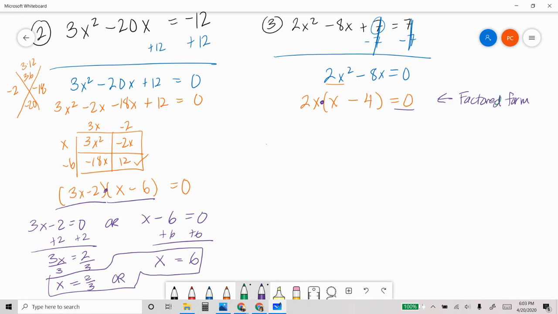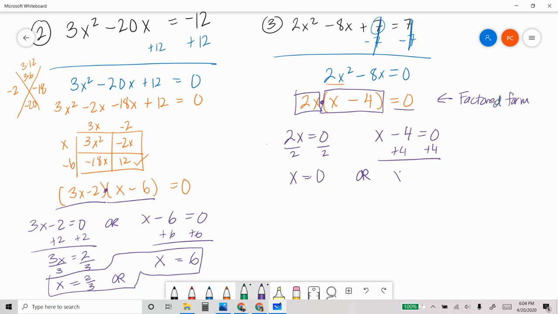So I can use the zero product property. My two factors are 2x and x minus 4. So in order for this equation to be true, either 2x has to equal 0 or x minus 4 needs to equal 0. Well, if 2x is equal to 0, then x would be equal to 0. Or if x minus 4 is equal to 0, I can add 4 to both sides, x is equal to 4. So either of those two are true. Okay,